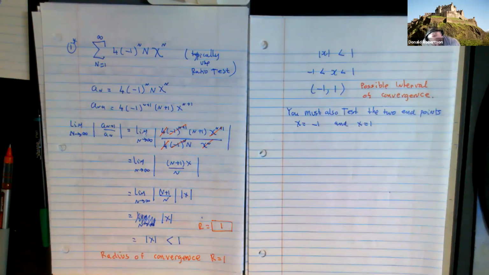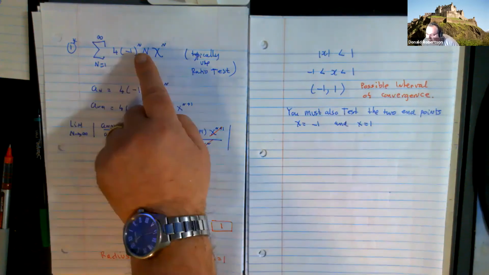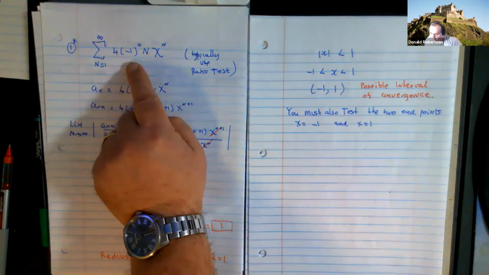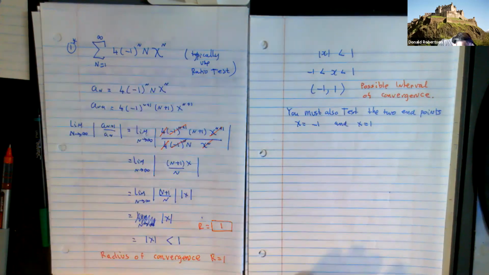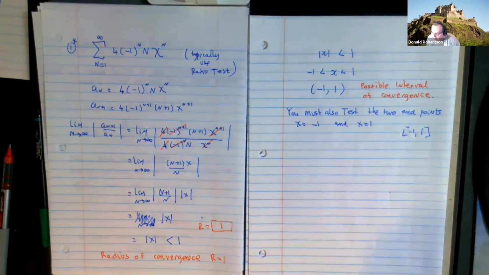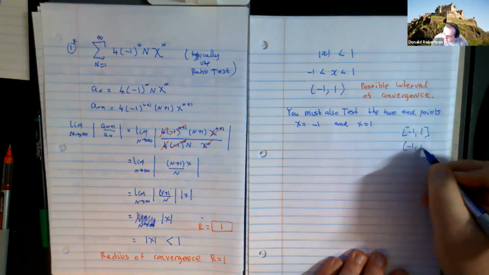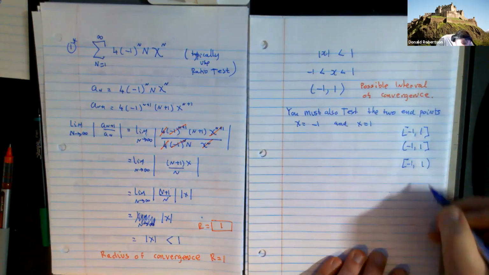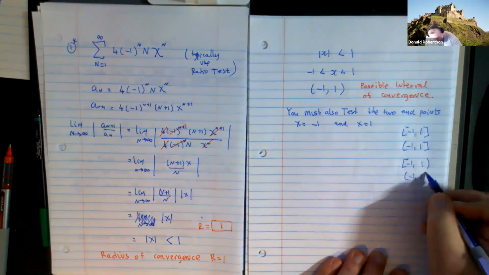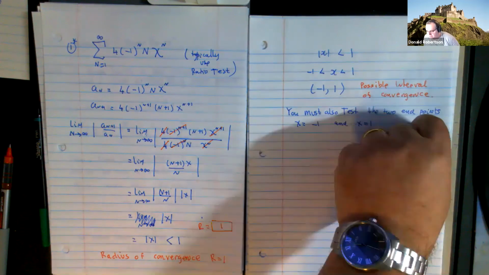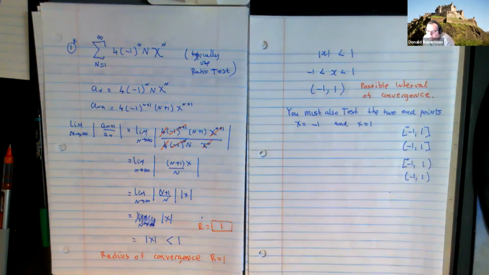Now, there are lots of things that could happen. If x equals -1, I plug it in here and it converges, that's great. X equals 1, I plug it in and it converges. So I could get everybody including -1 and 1, right? That could be my interval of convergence, because the two endpoints work. I could get that side doesn't work and this side does. I could get this side works and that side doesn't. Or I could get none of the endpoints work. But your interval of convergence will always be one of these four things. And we now need to find